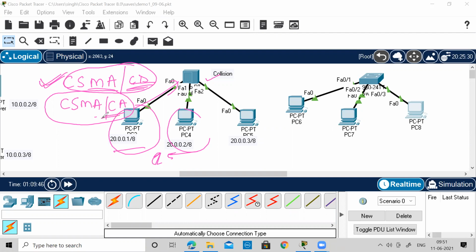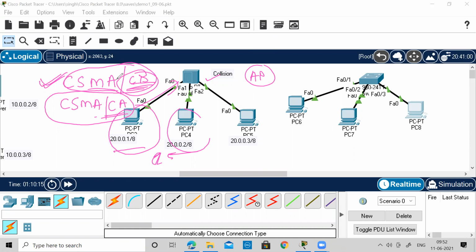And over a wireless medium, instead of a hub, you will have an access point. Since you're sharing a wireless medium, it is very difficult to detect the collision, because in a wired medium, at least you will see some electrical signals come up to that point, collide, and some signals are sent back.